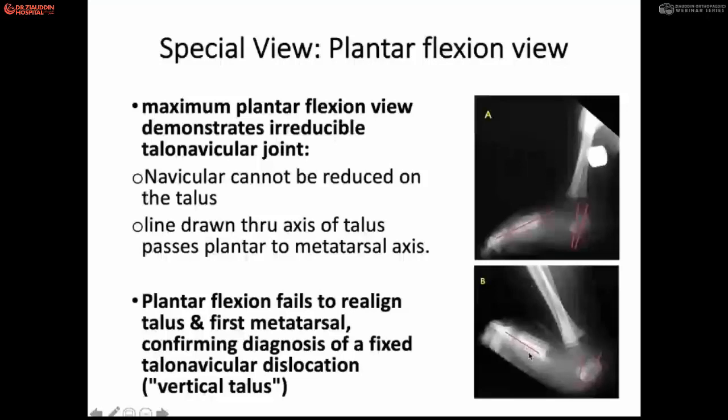This is the dorsal normal position of the vertical talus. The axis is lower than the axis of the first metatarsal. So if you do the plantar flexion view, they do not match, they do not reduce. Normally, this axis should be lower than the axis of the talus. So this will describe the oblique talus, the flexus type of deformity and the rigid type of deformity of vertical talus.